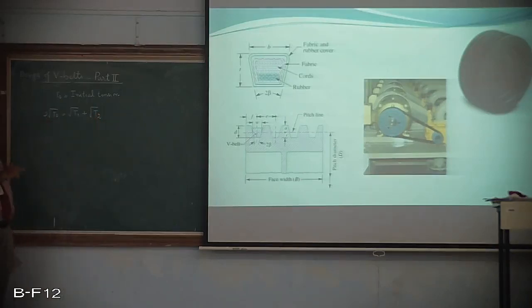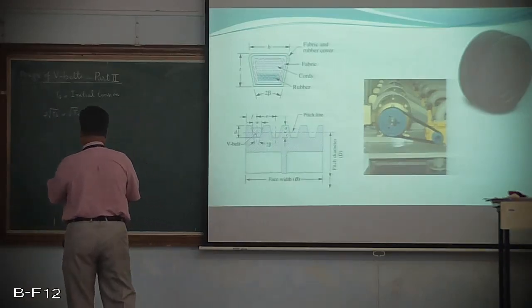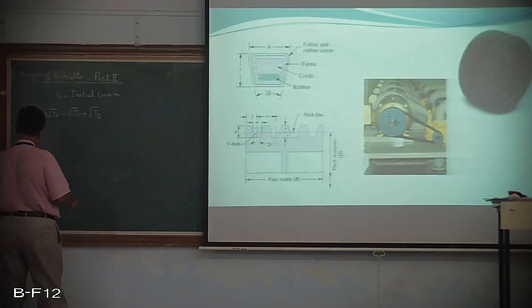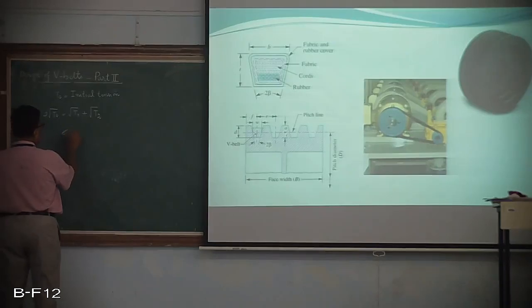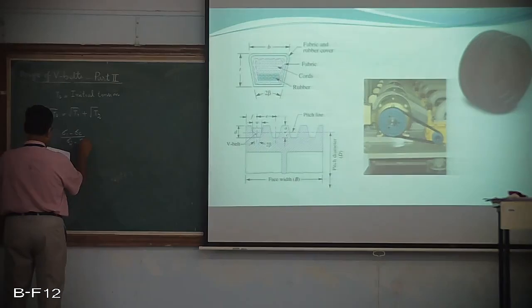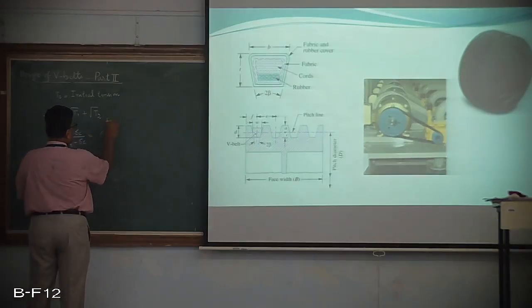The relation between the tight side tension and the slack side tension is given by this particular equation. If we know the centrifugal stress, then (sigma 1 minus sigma c) upon (sigma 2 minus sigma c) is given by e raised to mu theta upon sin alpha,